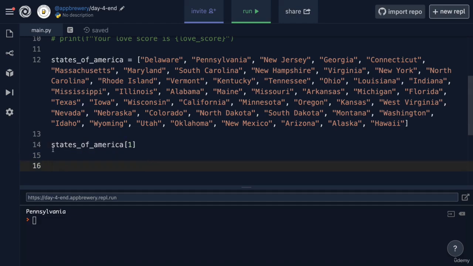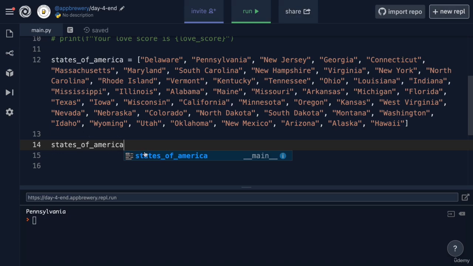Now, you can see that when you want to get hold of a particular piece of data stored inside a list, what you do is you get the name of the list, and then you add another set of square brackets. So whenever you see square brackets, you should be thinking to yourself, oh, this might be related to a list. Because when you create the list, you use square brackets. And when you try to get items out of the list, you also use square brackets. And then inside the square brackets is where you put the index or the offset of the item that you